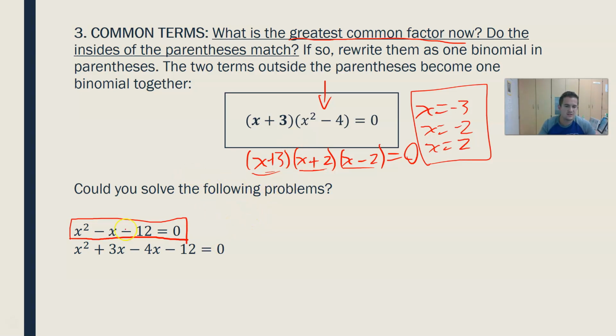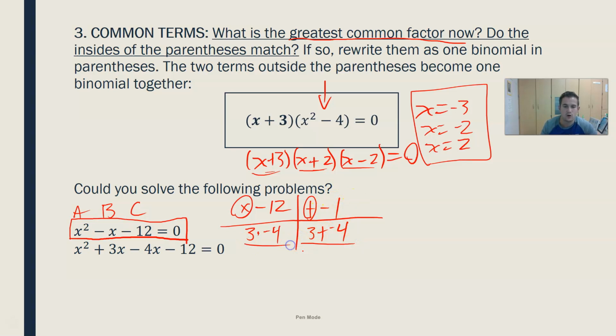So in order to do this, here's my a, here's my b, here's my c. So I need to find two numbers that multiply to make negative 12 that add up to negative 1, because a times c is negative 12, b is negative 1. So I'm going to go ahead and recognize that 3 times negative 4 is negative 12, and 3 plus negative 4 is negative 1. So 3 and negative 4 are my golden numbers. So if I went on to continue factoring, I write my factors out, I'd have x plus 3 and x minus 4 there,